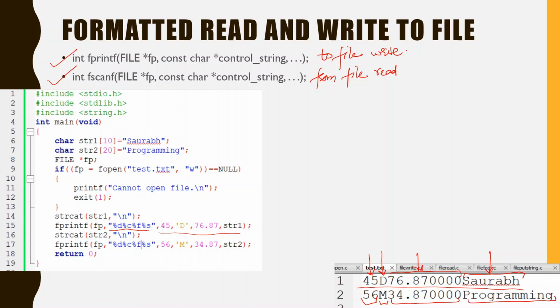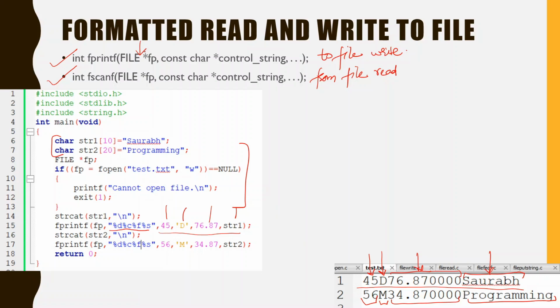So in this way, fprintf is used for writing to the file. Here we open the file in write mode, so it is going to be empty. We have two strings there. We also have some data in integer format, character format, float format, and string format. The syntax follows that initially we have to give the file pointer. The only thing that you need to remember is the syntax and a working example of all the functions.